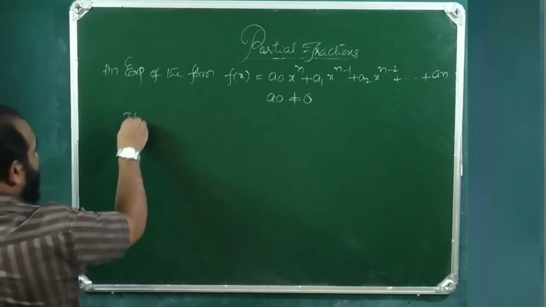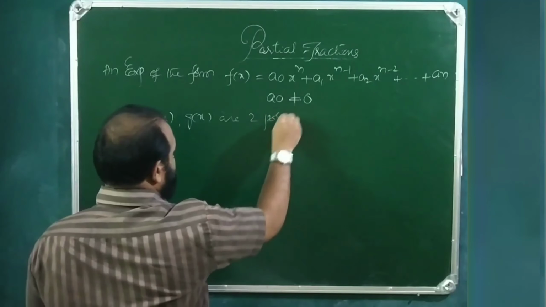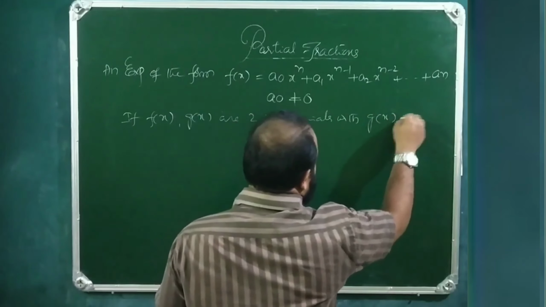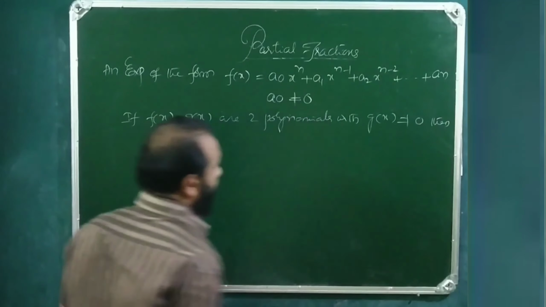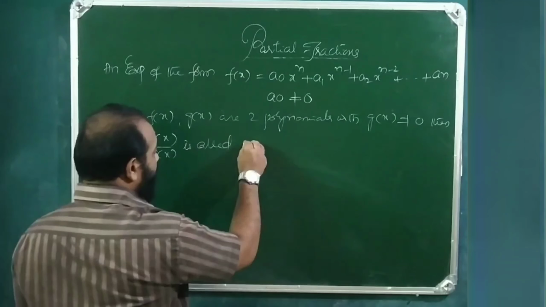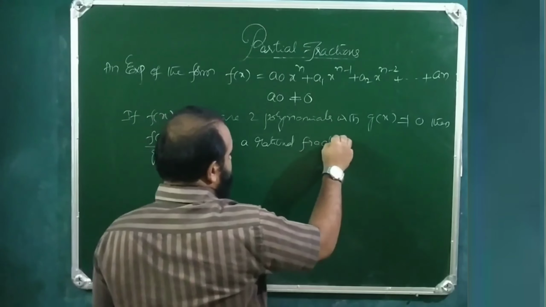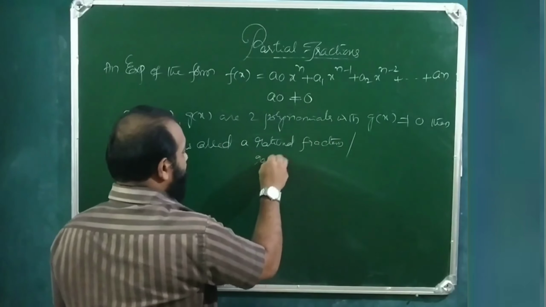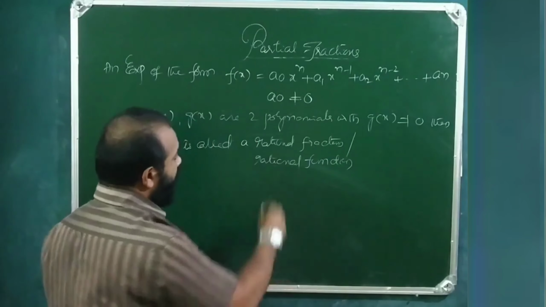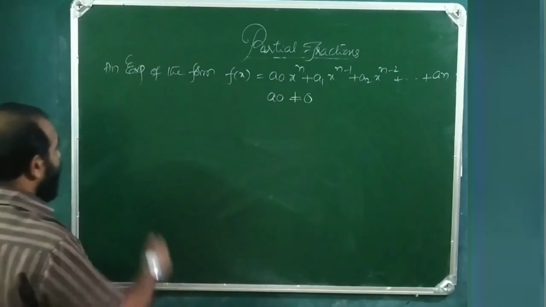So if f of x and g of x are two polynomials with g of x not equal to 0, then f of x by g of x is called a rational fraction or a rational function, or simply be called the fraction. Example,